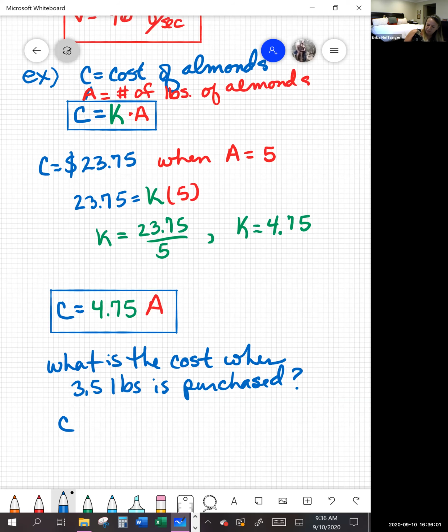So C is equal to 4.75 times the number of pounds, which was 3.5. So 4.75 times 3.5